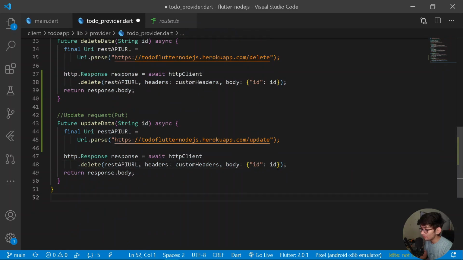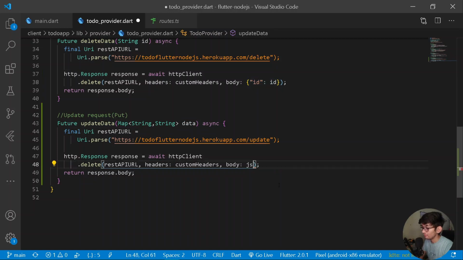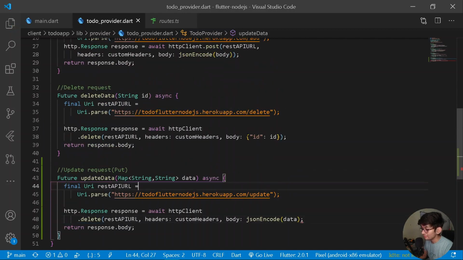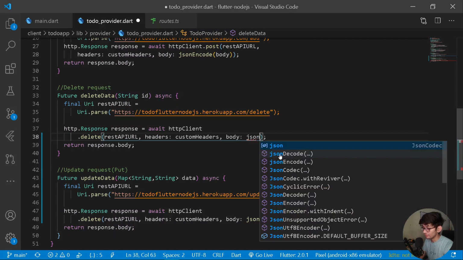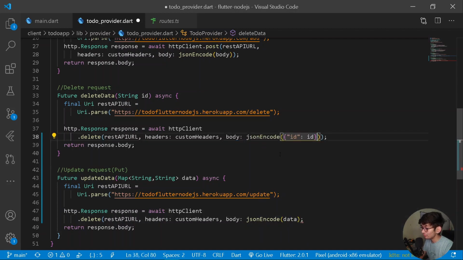So for that purpose, what we can really do is instead of providing a string to be an ID, we should be requiring an entire map which will be under a type of string and also a string. Just like this, let's say data, why not? And here under our body, we should be having a different path to it of JSON encode of body, that is data, format document first. Cool, so once everything is done from here, we should also add JSON encode under our body of delete. So here let's have JSON encode the following data.